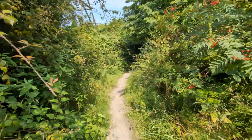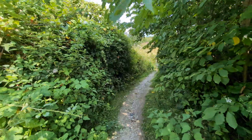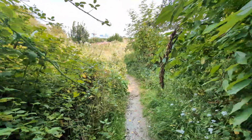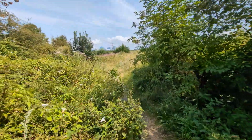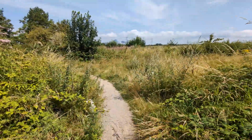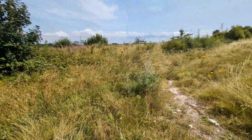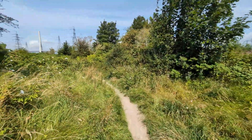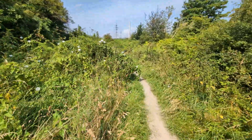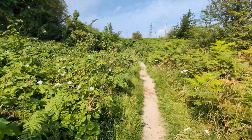I seem to remember I've been on it a while ago, but could double back to where I came. Yeah. That does go back the way I came, alternate route, but we're still going along the Dee estuary in the right way now. Just see what happens. It's a well-established path, so